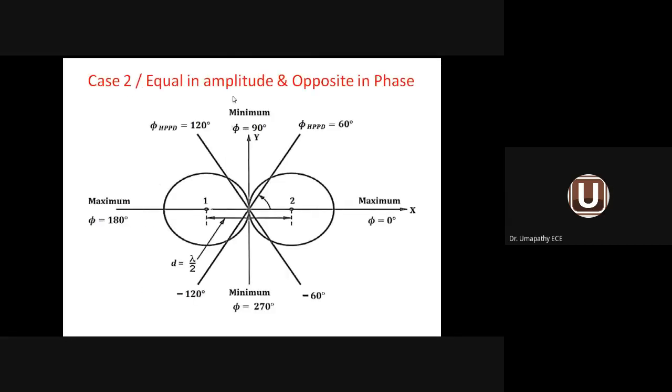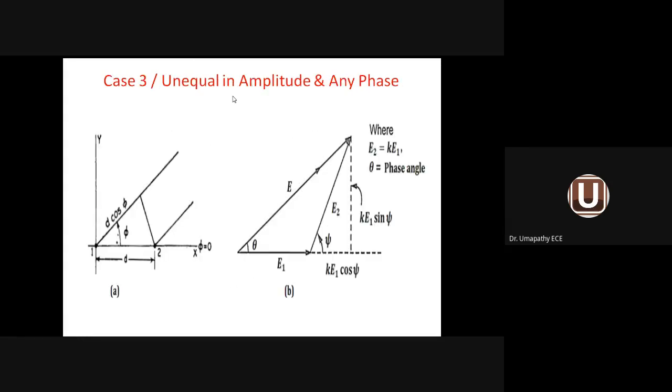Why are we plotting the radiation pattern? From the radiation pattern only, we can judge where the maximum radiation is available, where the minimum radiation is available, and where the half power points are. With that only, we can decide the performance of a particular antenna array, and then we can go for practical. First of all, theoretically, we should have some manipulation. This theoretical manipulation or calculation will help us design an antenna practically for high frequency applications. That is why we are dealing with these topics in detail.